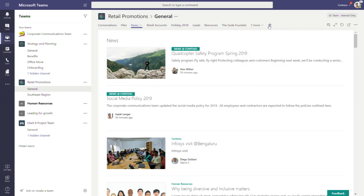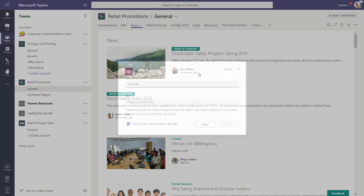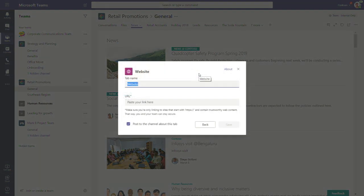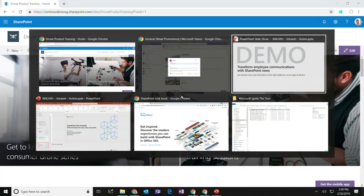It looks like someone has actually changed my demo a little bit, so I will show you one more option here. The way this is done is super easy. You add a website tab. Now, website tabs are, in my opinion, the best tab in all of Microsoft Teams because you can bring anything that is hosted on a secure website into Microsoft Teams. So I'm going to go ahead and create a tab called Company News. Hopefully we don't already have that. And I'm going to paste in the link